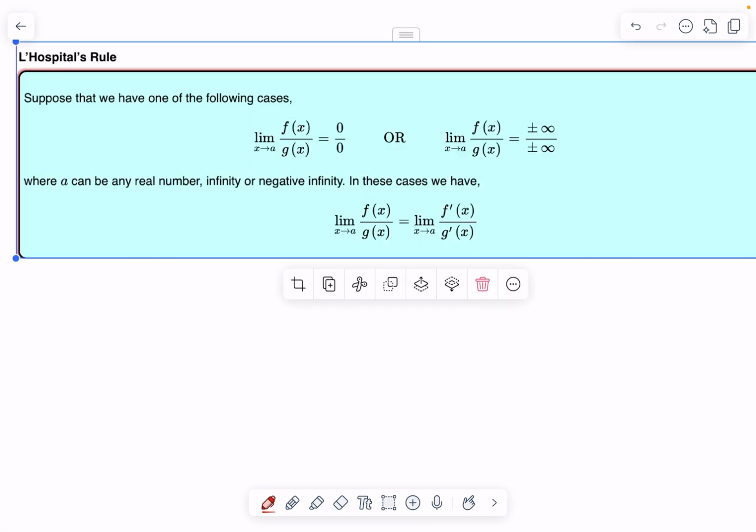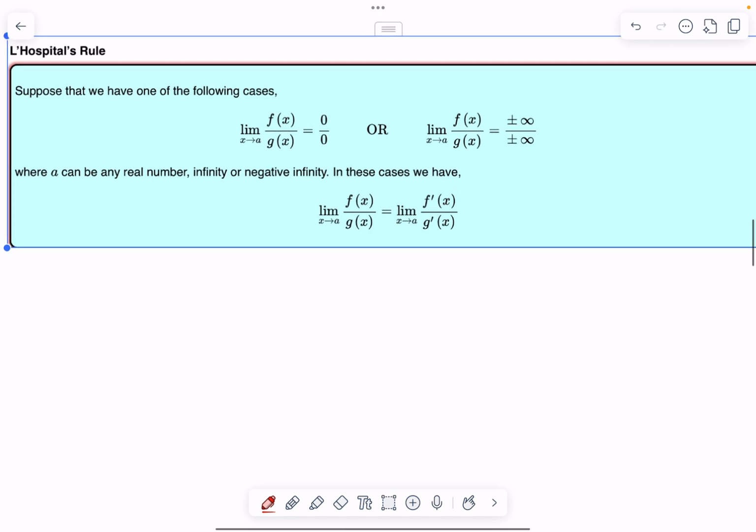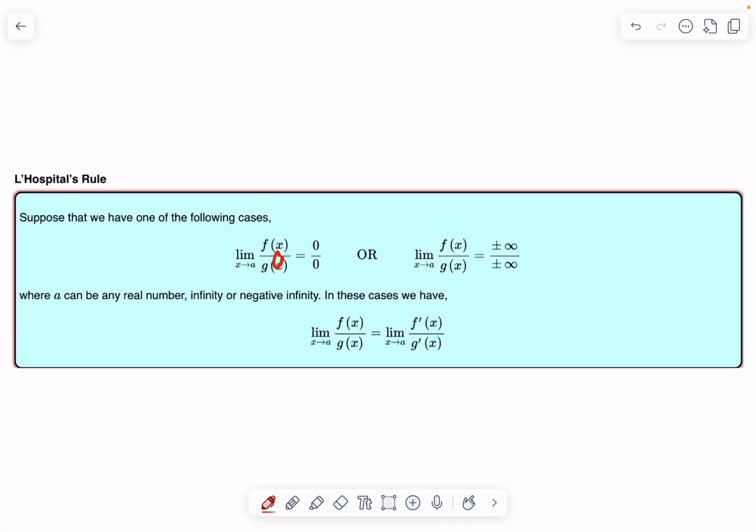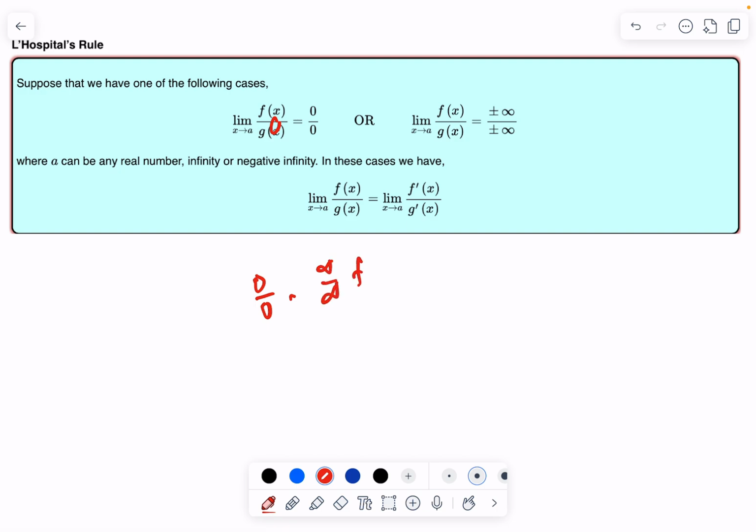It is either 0 by 0 or infinity by infinity. Then the theorem says simply: limit x tends to a, f x by g x, so either we are in 0 by 0 form or infinity by infinity form. Then